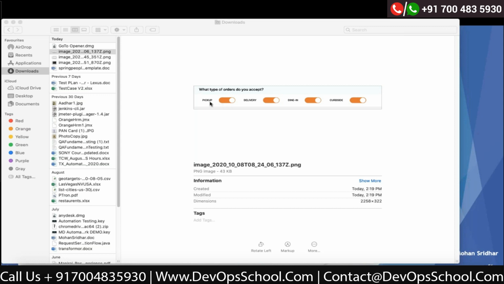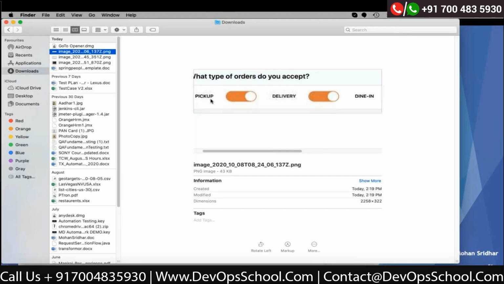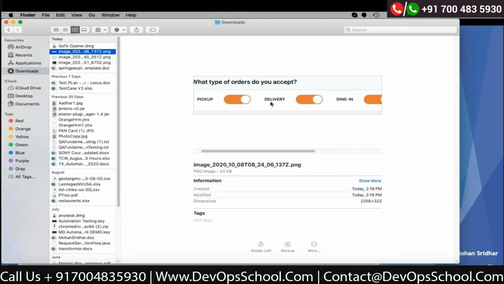So admin can check whether the pickup order is available. Like you make an order and you go and pick it up because it is on the way to your home. So you are at office and you place the order, and while going you can collect that order. That is called pickup order. Delivery means it will deliver it to your home or office or wherever you want.